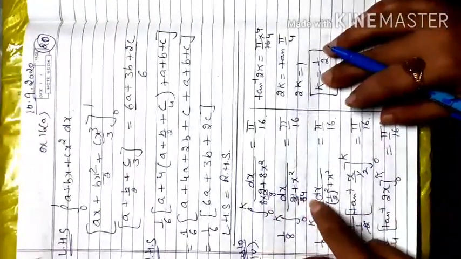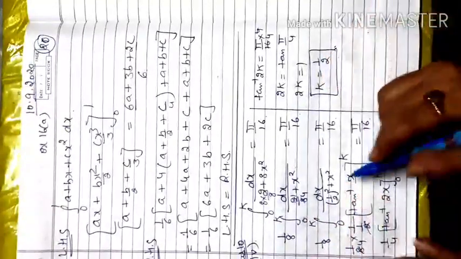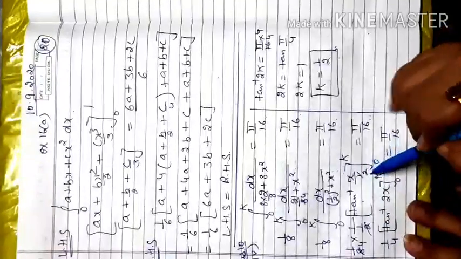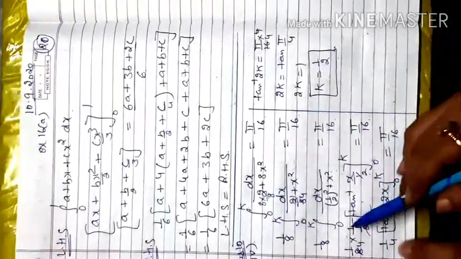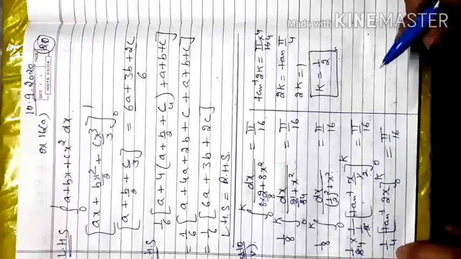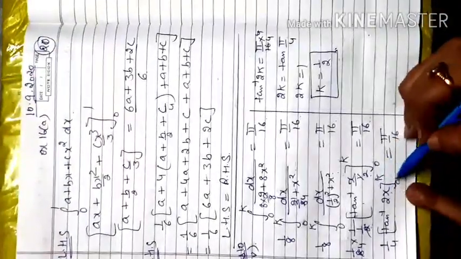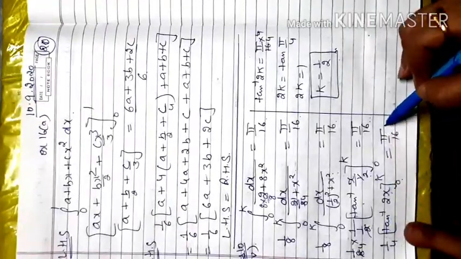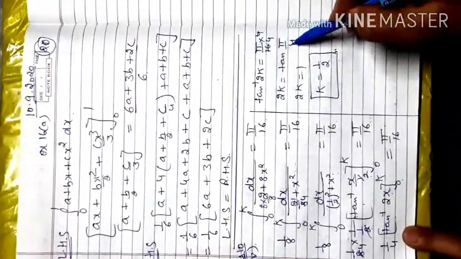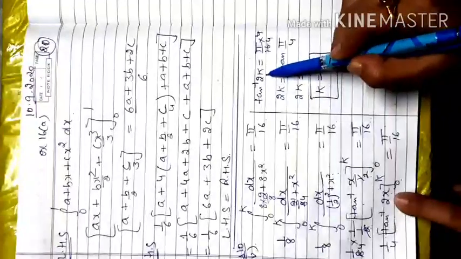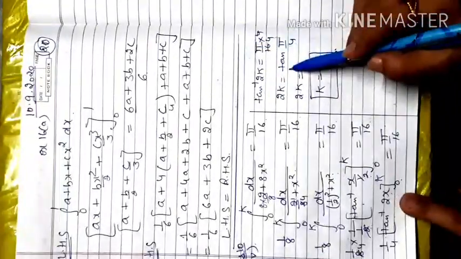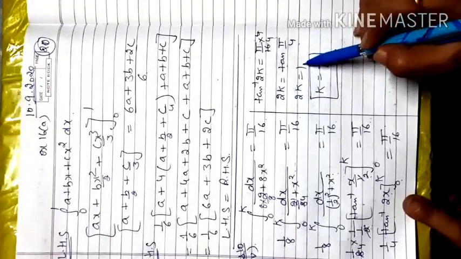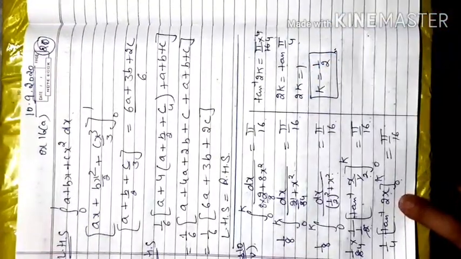So that becomes 1/4. That is (1/2) whole square plus x square, and the a square plus x square formula is 1/a tan inverse x by a. So that is 2x, and the 2 cancels with this, only 1/4 is left, tan inverse 2x from 0 to k. So when you apply the values here, 4 cross multiplies with this, so that becomes pi by 4, and tan inverse 2k. Now tan inverse moves to the other side, that changes to tan pi by 4. Then tan pi by 4 value is 1 and the k value is 1/2. Thank you.